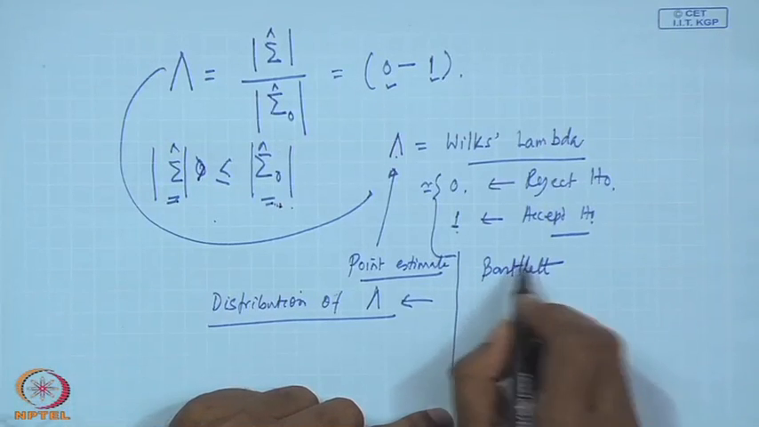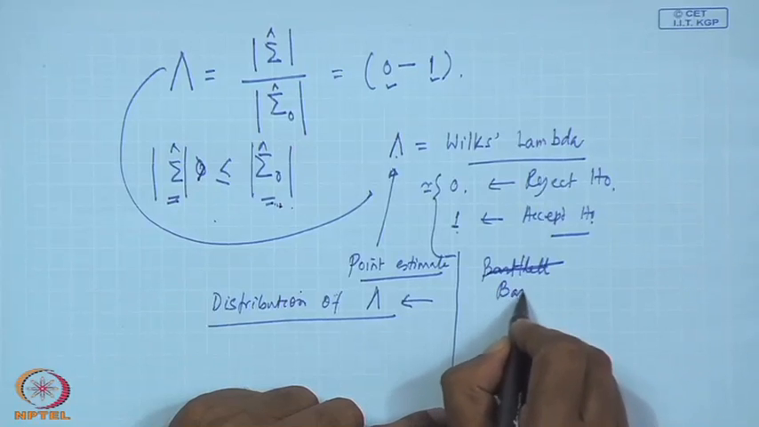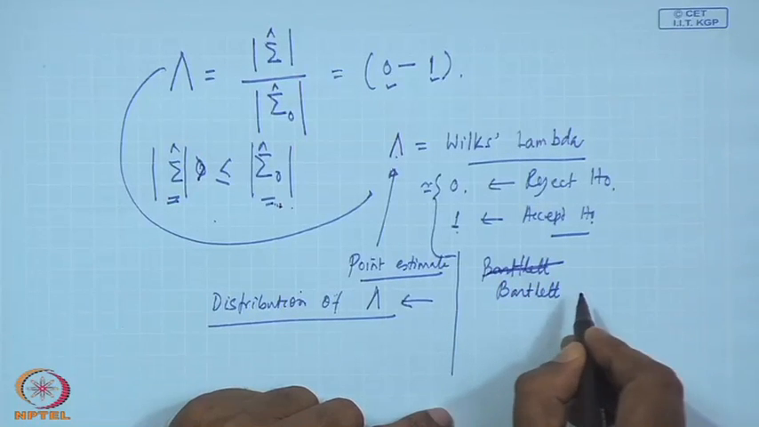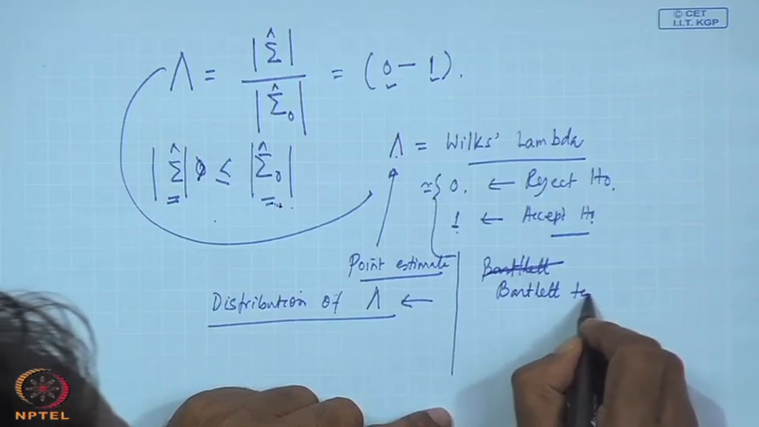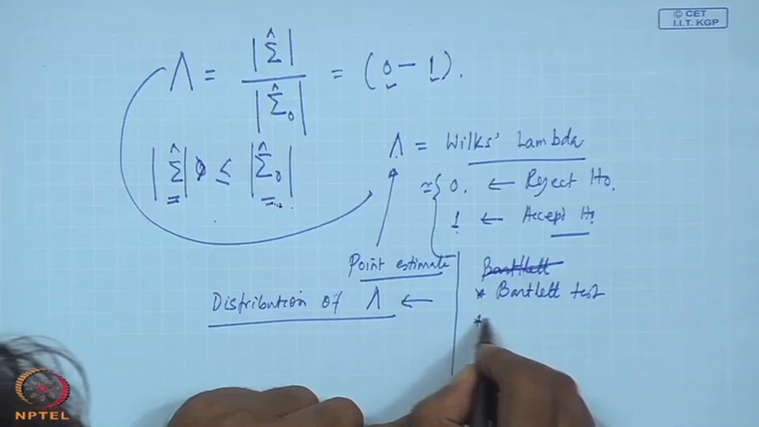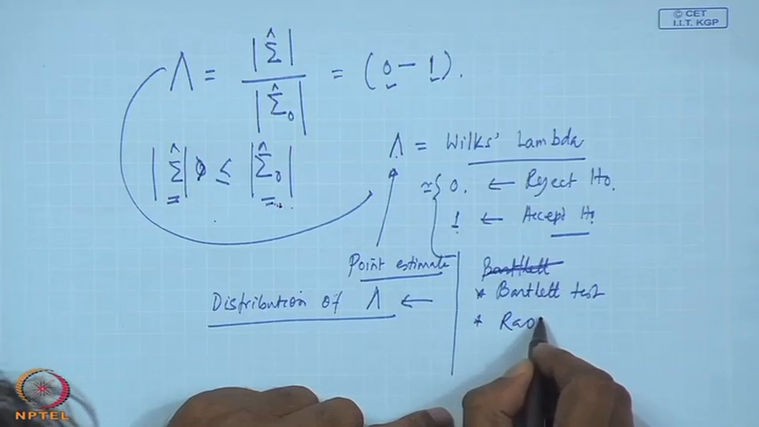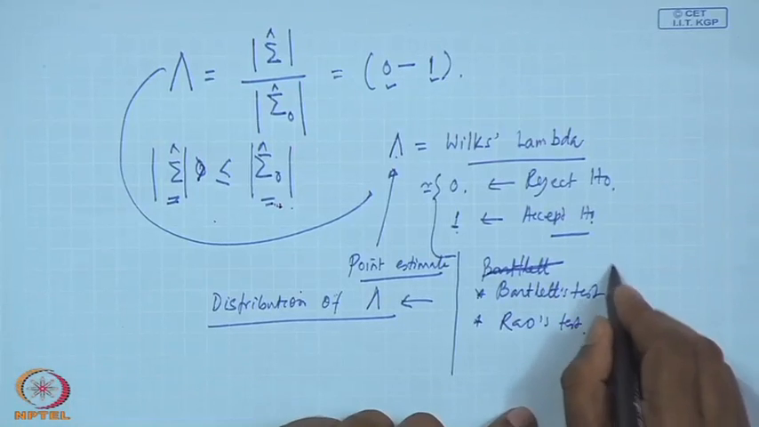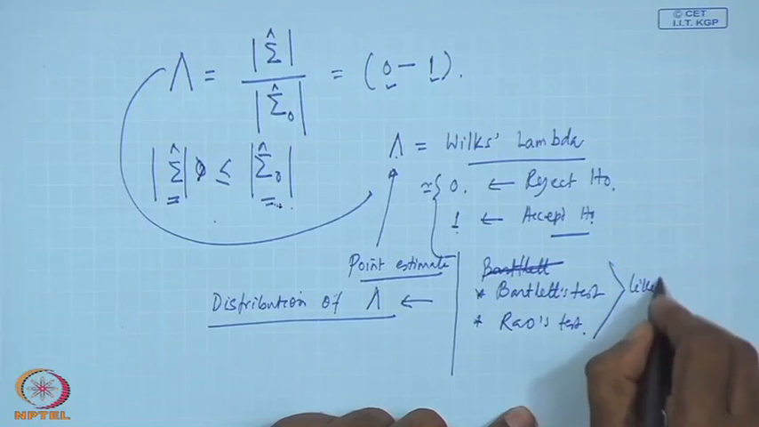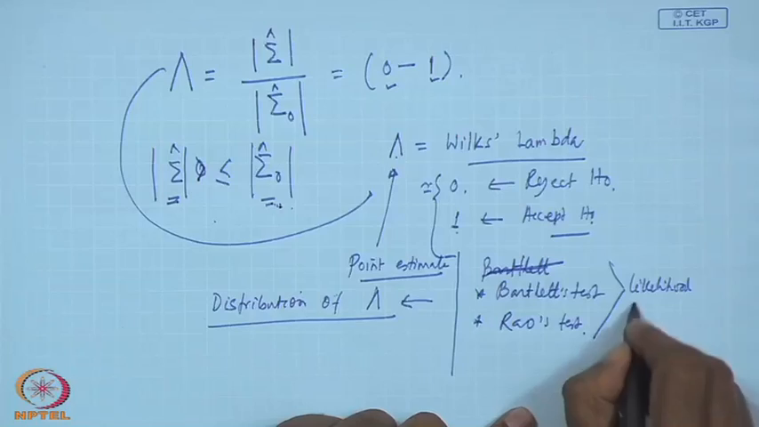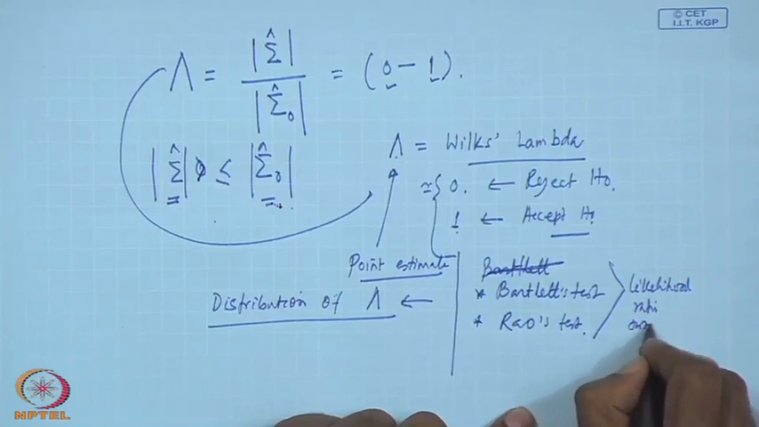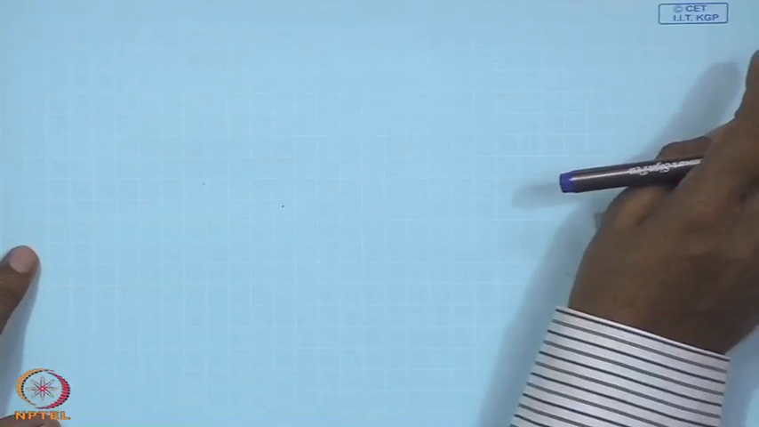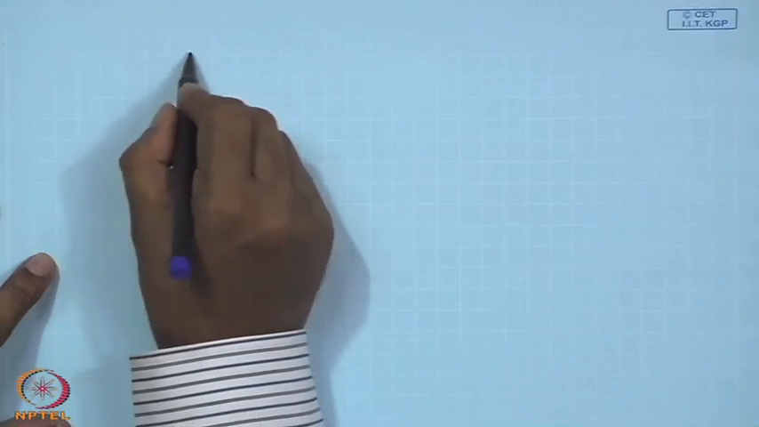Bartlett test, and another one is Rao's test. These are all likelihood ratio tests. So, what is Bartlett test? How do you compute Bartlett test? Bartlett test says